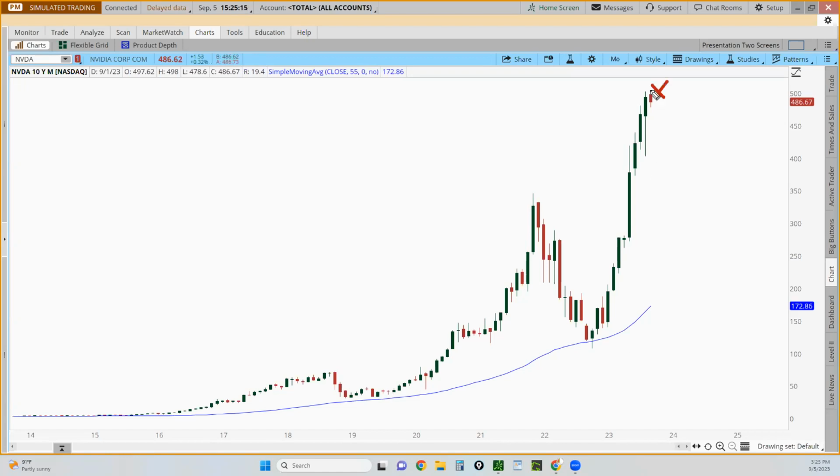Now, we can't do anything over here because we're at the top. My goal, and this is how it also helped me with my Elliott wave, is I told myself never to worry about where the Elliott wave is anymore until price gets back down to the 55 simple moving average. Does that make sense? And that's how I personally solved my issue of trying to figure out where we are on the Elliott wave. So I don't worry about anything else. I'm going to start whenever price is back at the 55 simple moving average. And that just helps me restart everything.